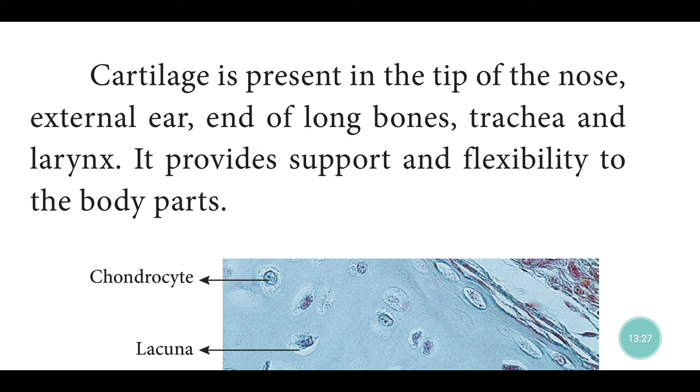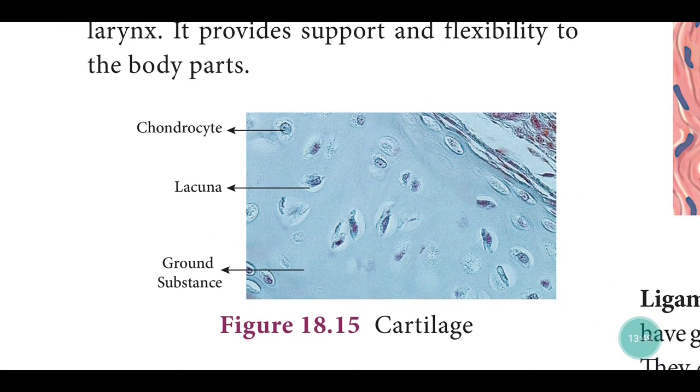And the external ear, our ear is also flexible, you know that. End of long bones, trachea, windpipe, and larynx, voice box. I am speaking with the help of my larynx only, voice box. It provides support and flexibility to the body parts. You see that cartilage structure, how the gap is there: chondrocyte,